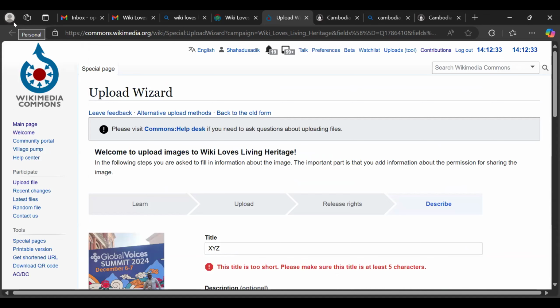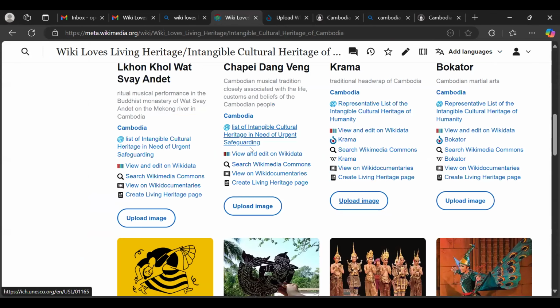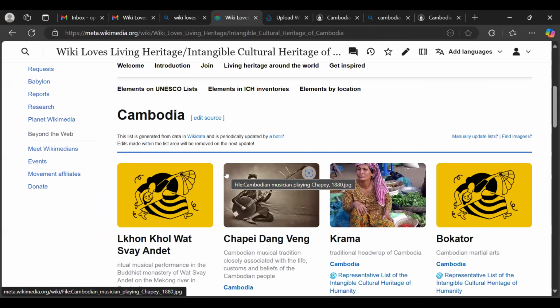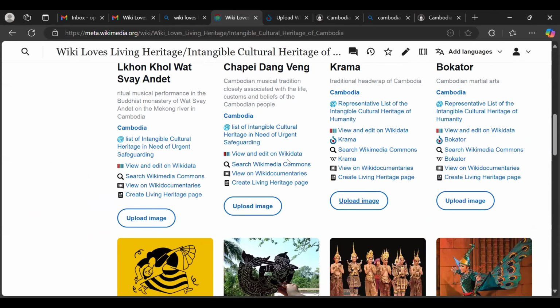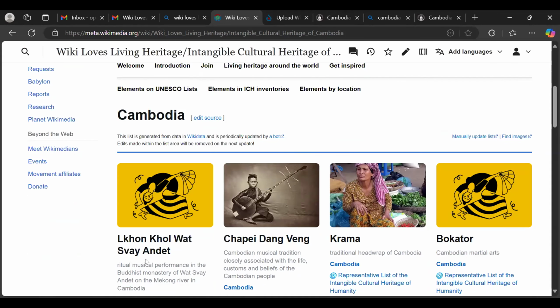You can add references too, so let's go back. This is an experiment on adding images to the Wikilabs Living Heritage Cambodia. Now, what other thing you can do is, we've already talked about Wikipedia. So you go to the Wikipedia article. If it doesn't exist here, you can see that this one doesn't have Wikipedia, but this one has. If this one doesn't have Wikipedia, you can just copy that particular element.